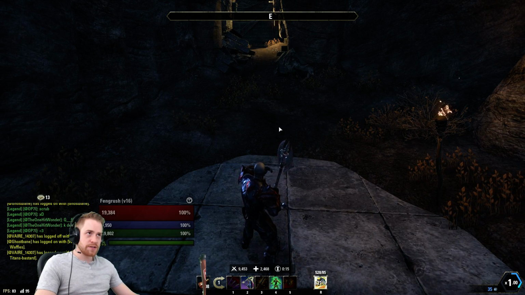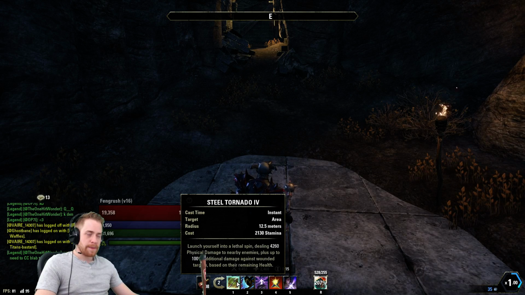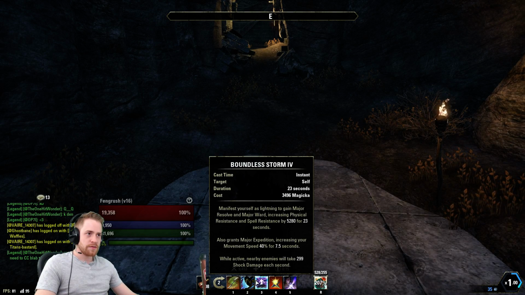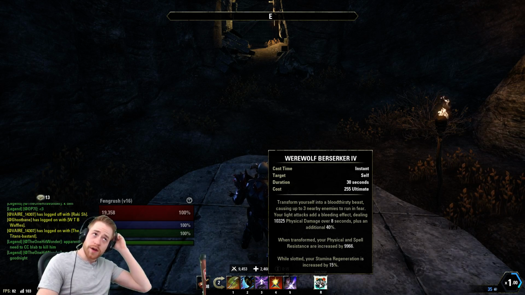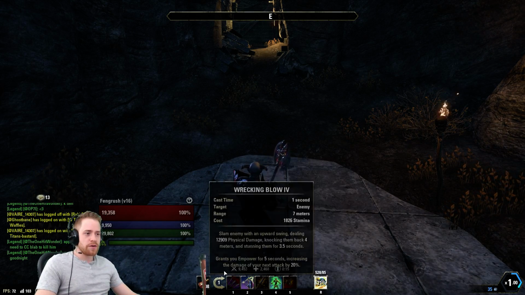There's some guy sneaking up ahead of me. I don't know if he's going to come mess with me. We'll see. We got Steel Tornado here. We have Shuffle. Boundless Storm. Caltrops. Surge. Werewolf. So what I switched, really, is I moved Werewolf off this front bar and I put it